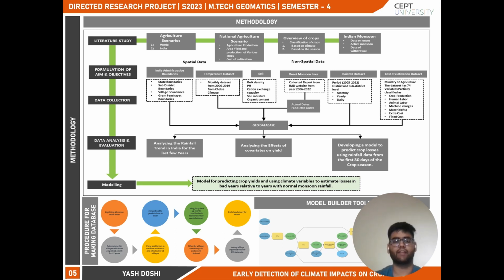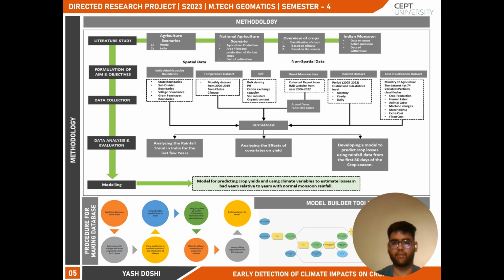We started with literature studies of agriculture scenarios, overview of crops, and the Indian monsoon. Then we formulated the aim and objectives. After that, data collection was done in spatial data and non-spatial data. The spatial data includes state boundaries, administrative boundaries, temperature data set, and soil data set, which were collected from Google Earth Engine. The non-spatial data set includes